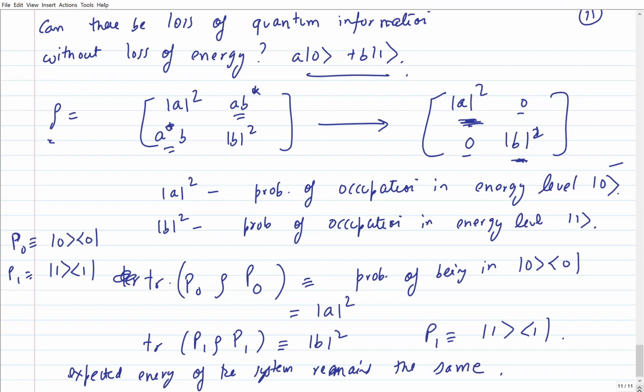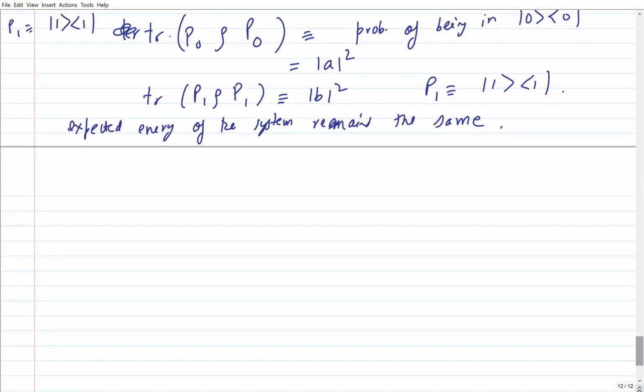So this is a process of losing the off diagonal elements where I am not losing energy, but still I am losing some information. And this is known as the process of